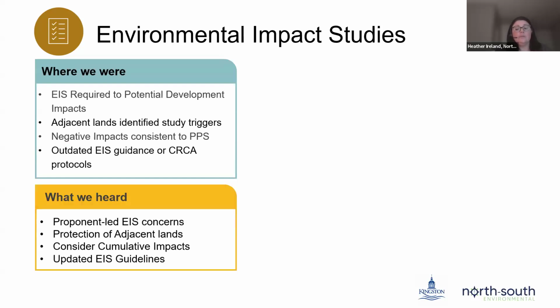So through community engagement, we have heard a clear need for stronger guidance for both EIS preparation and municipal review. This includes ensuring studies fully assess impacts on natural features and ecological functions, especially looking at cumulative effects of development on the natural area, and that these decisions are transparent and accountable. There was also emphasis on better protection of adjacent lands to support wildlife movement and habitat connectivity.